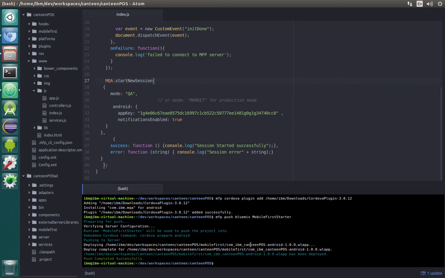So now our application with the latest version is actually on a Bluemix server of MobileFirst Platform,